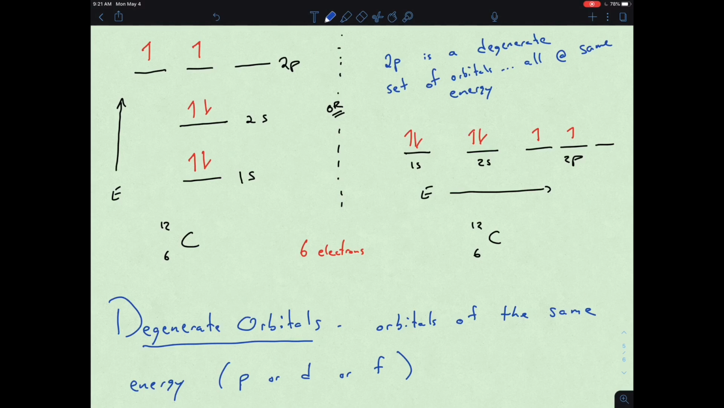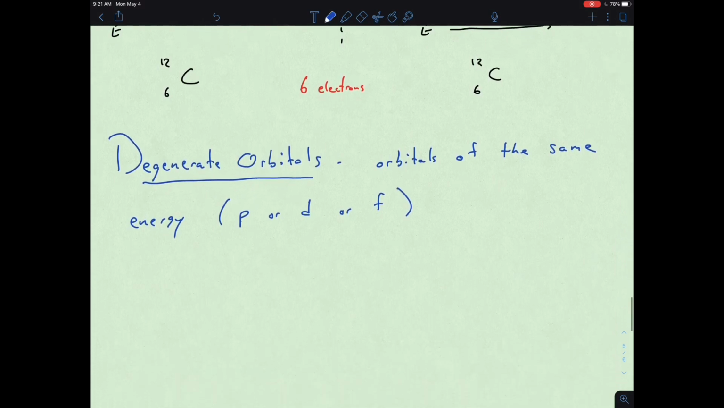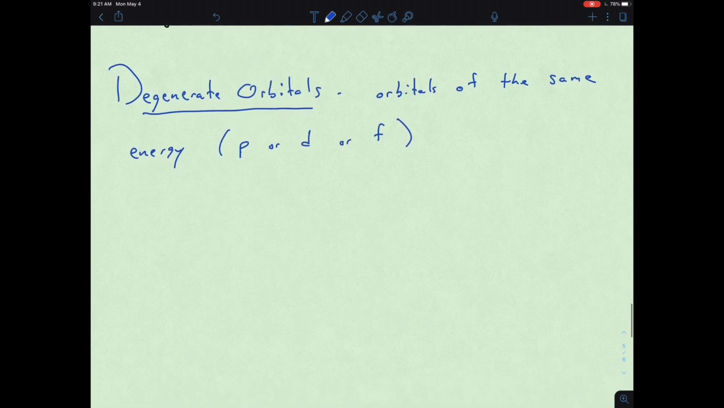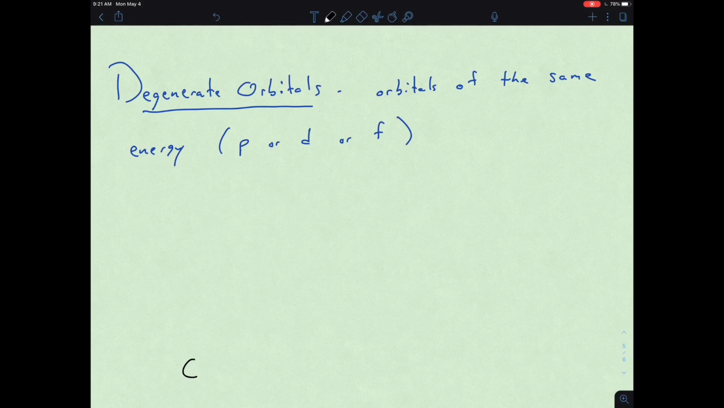But since they're all the same energy, according to the Aufbau principle, and now with Hund's rule, we have to put them in one at a time before we actually start to pair. So with that idea of looking at carbon, with that notion of 6 electrons,